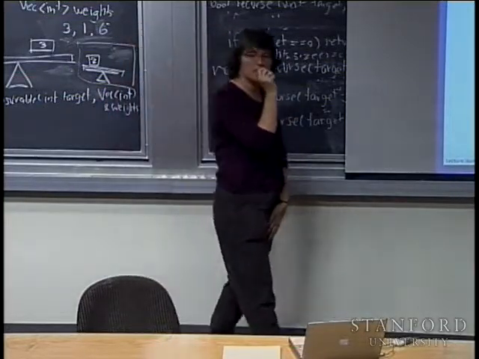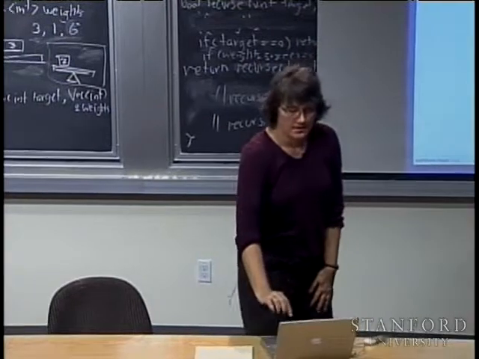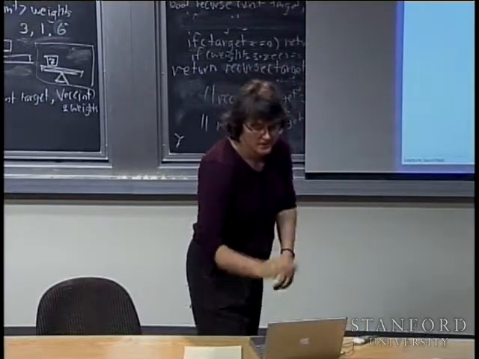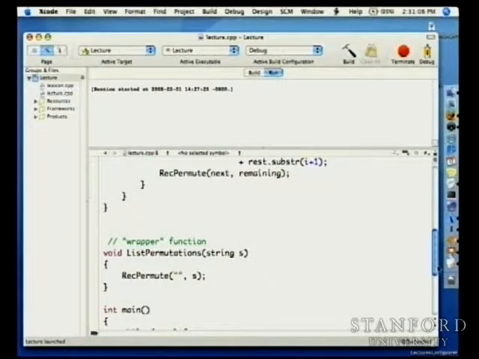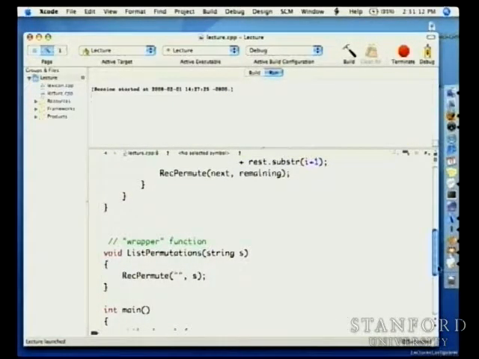Any questions about permute here? The use of the wrapper function. So the wrapper function, if you just look down here, it just looks like that. This is a very common thing. You'll see this again and again, and it tends to be that the outer call just says, solve this problem,